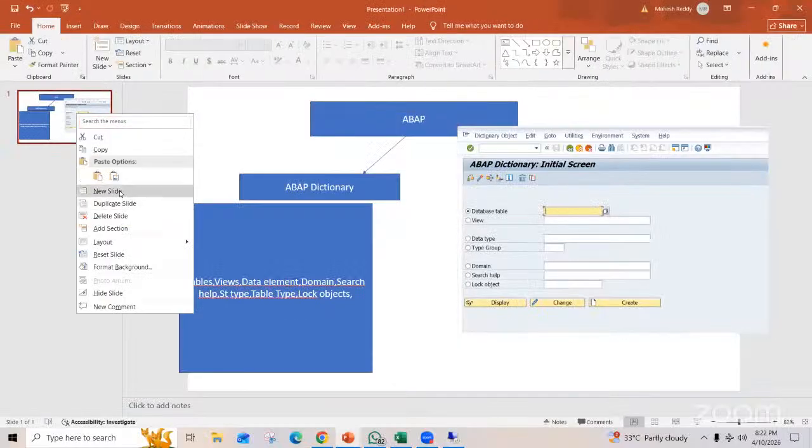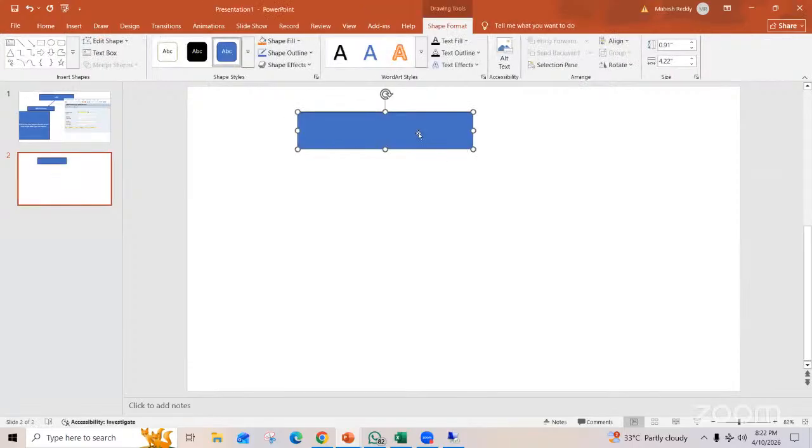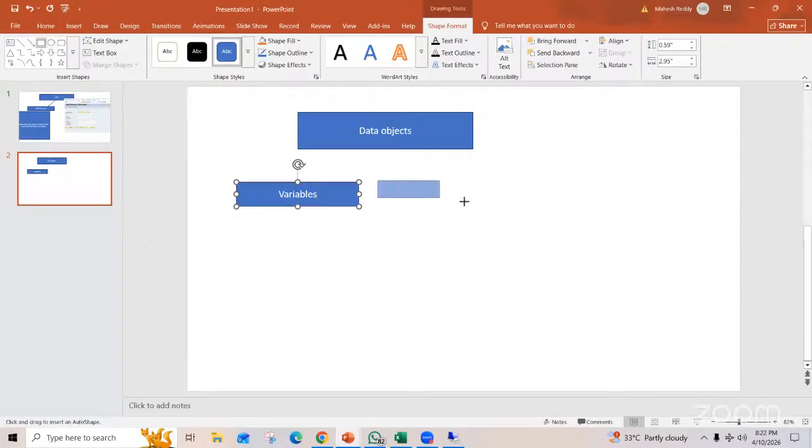Next, very important topics are all the fundamentals: data objects, variables, work area, internal tables.